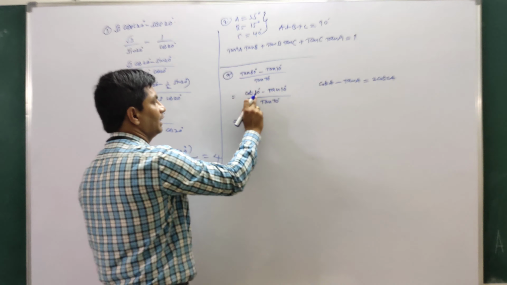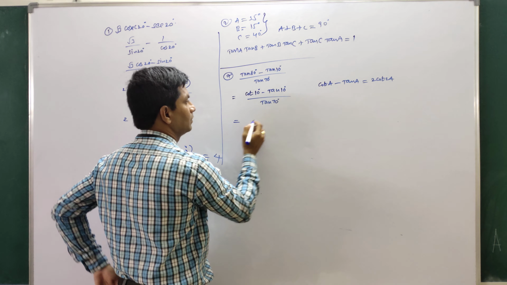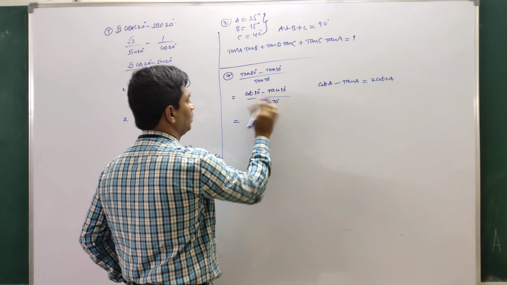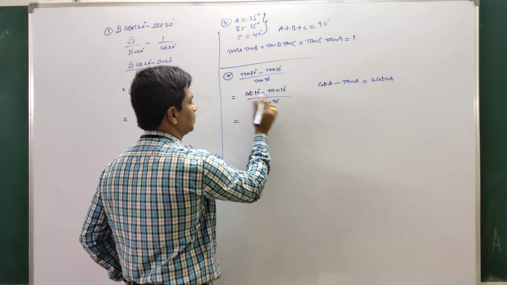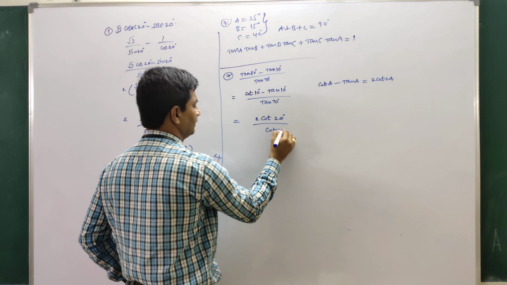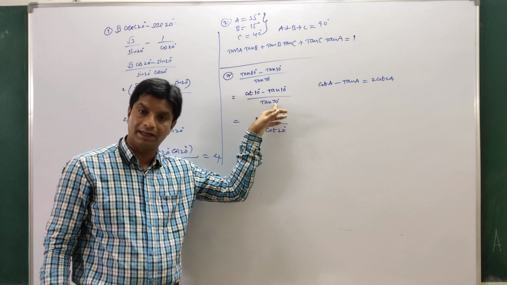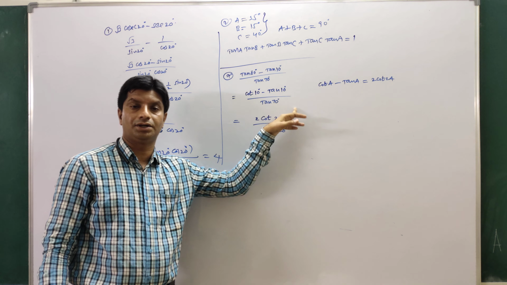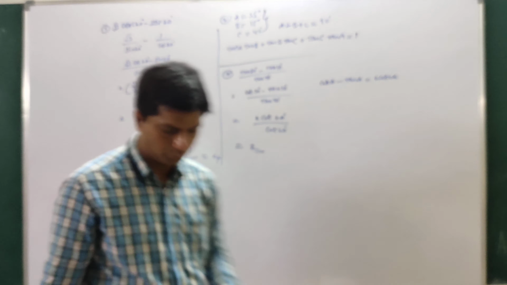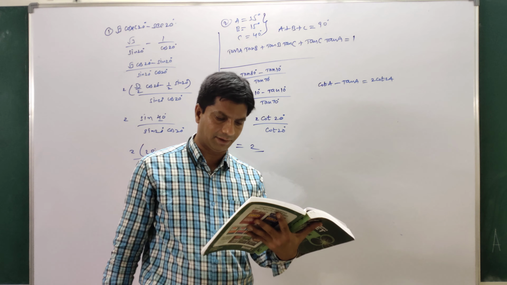So the numerator is clearly in the form of cot A minus tan A with both angles the same. What is the value here? This is 2 cot 2A. Here A means 10, so 2A means 2 into 10, 20 degrees. Tan 70 can be written as cot 20, because 70 can be written as 90 degrees minus 20 degrees, and tan of (90 minus theta) is cot theta. That means cot 20 gets cancelled. The final answer is 2. This is problem number 7.